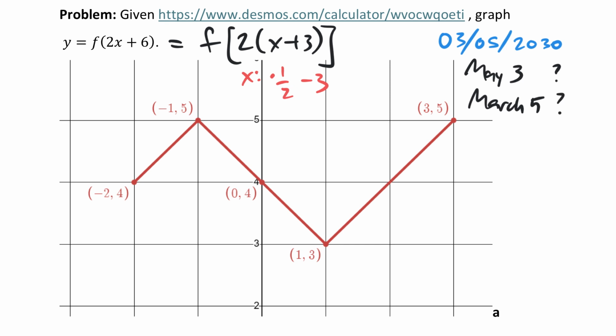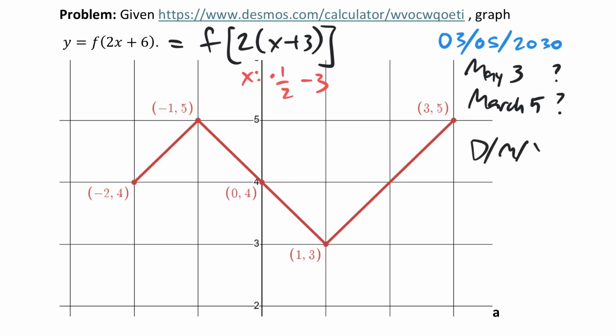And I mean, depending on what's happening at this meeting, it's really important to know. You don't want to miss the meeting. There could be prizes. Who knows what's happening at this secret meeting on 03, 05, 2030. So you want to show up to it, but you don't want to show up at the wrong time, right? If it's on May 3rd and you show up on March 5th or March 5th and May 3rd, this is tricky. And so whenever you're writing a date, you want to make sure that everybody understands that you're either doing